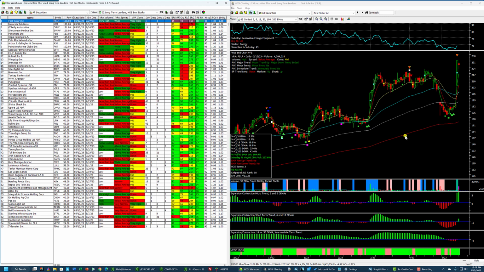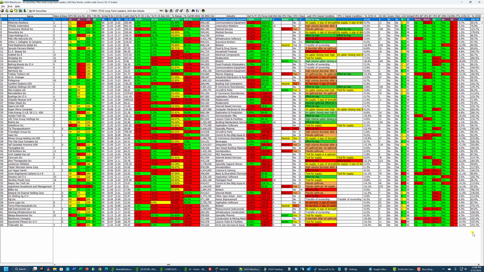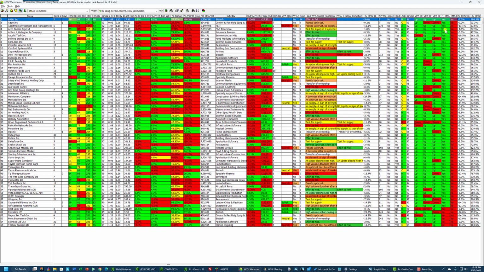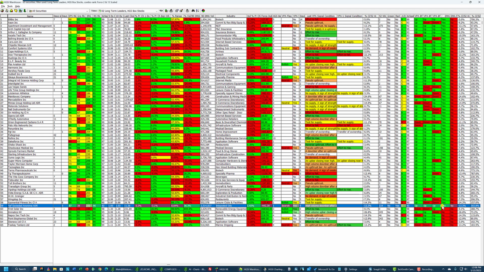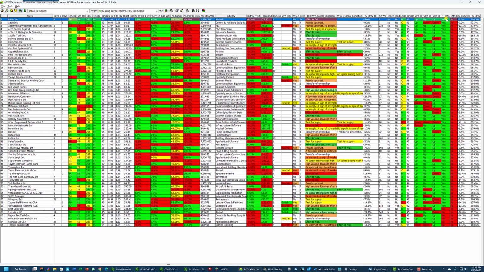that I begin looking at stocks that have the fan in place. In other words, these are stacked properly, and the way to do that is, I've got a fairly good sized monitor here, but I'm just going to scroll over here. You can see that in this column right here, this is the fan uptrend. If I sort on that, notice that all of these down to number 59 have the fan with the moving averages stacked. Now, they may not be stacked perfectly, but they're still above one another, and these 6 do not have that. So I try to start with stocks that are in an uptrend,